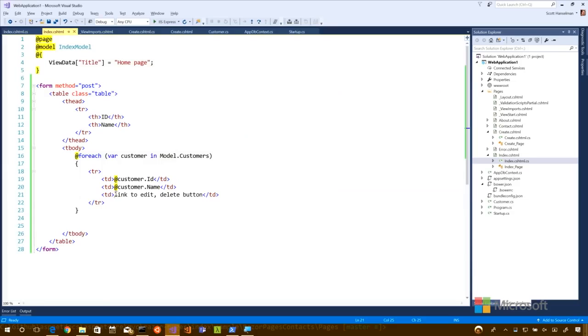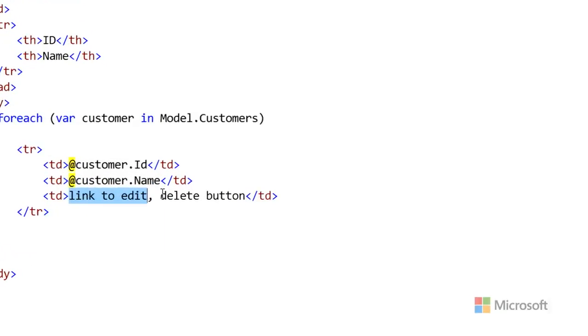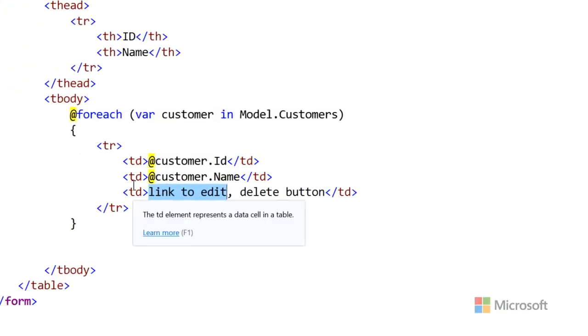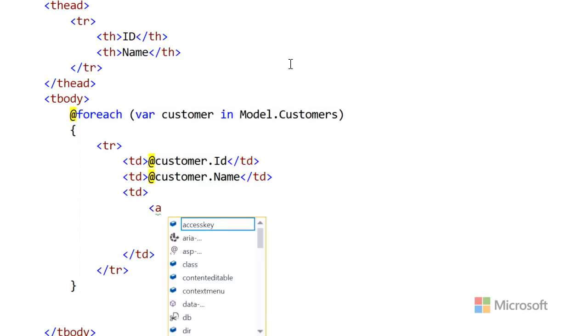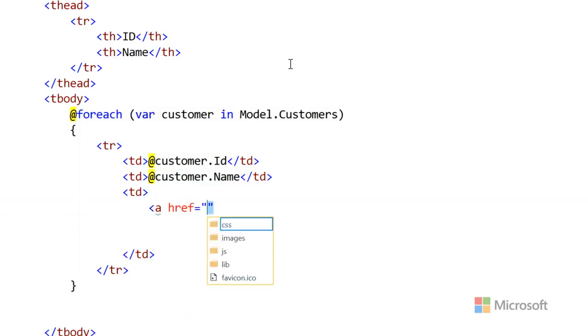Now let's make a link to theoretically go and edit these things. And then we'll have a button for delete. These things don't exist on the back end yet, so we don't have an edit page yet. But we can make a link. Now I could go and put in a link, href, you've done this a million times, and say /edit, and then put in